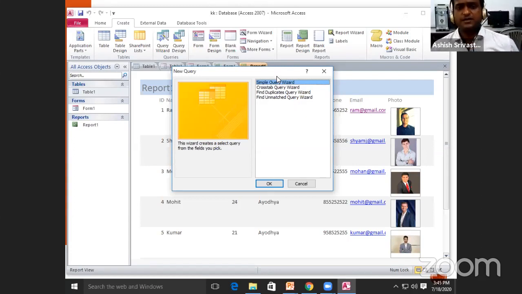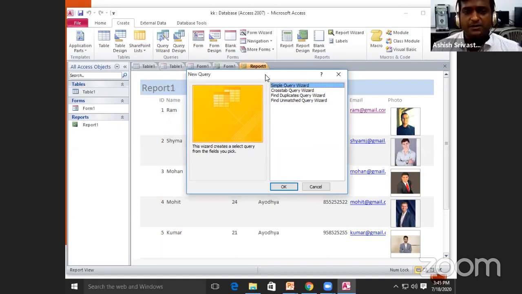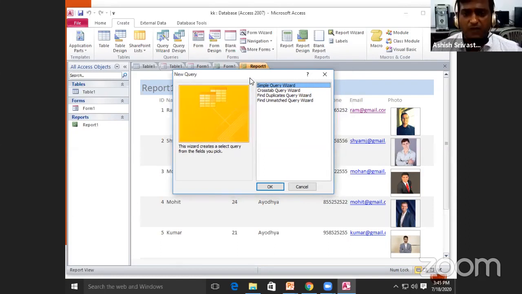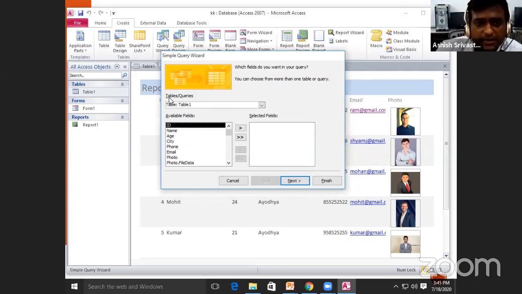So first we have to discuss simple query wizard. This is the simple method to perform applying the query. So we will click here and after that we go through OK button. और जैसे ही OK बटन पर क्लिक करेंगे तो सबसे पहले ये पूछा जाएगा कि आप किस टेबल से रिलेटेड